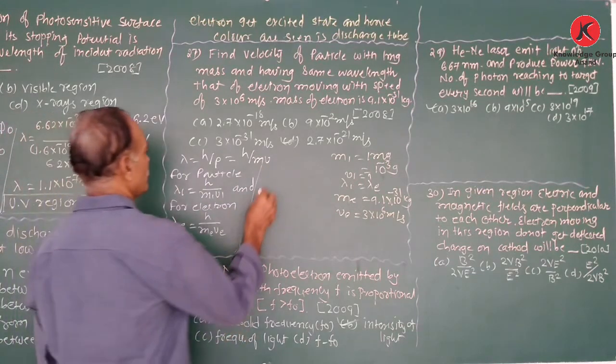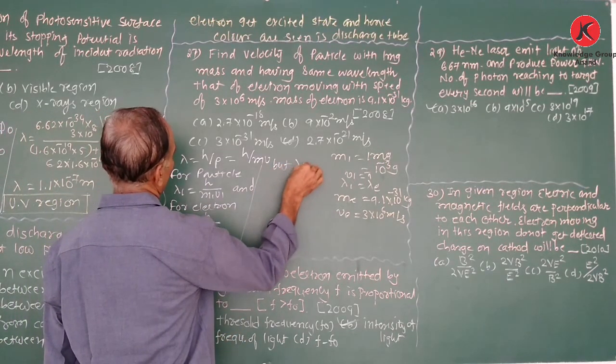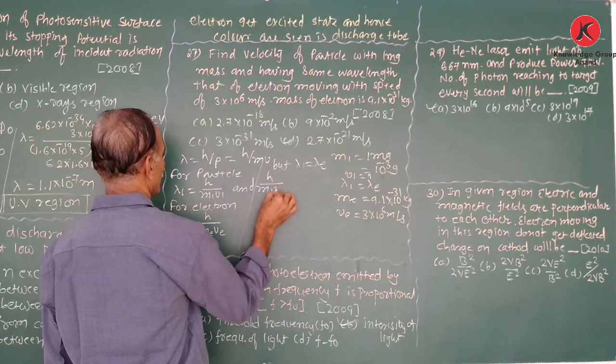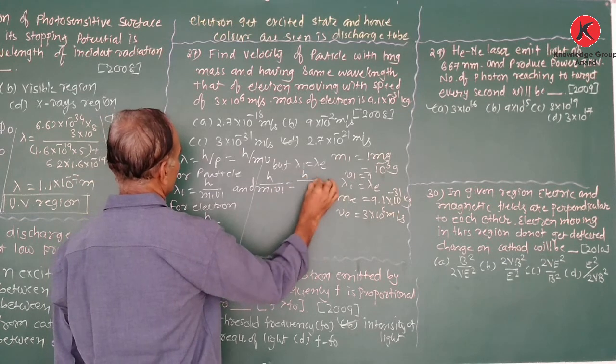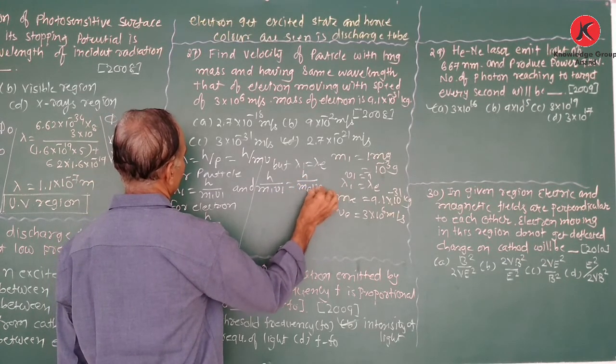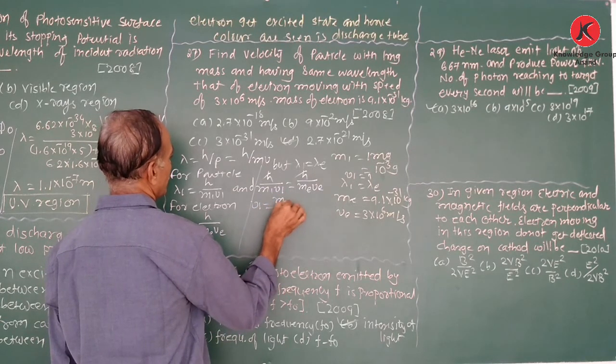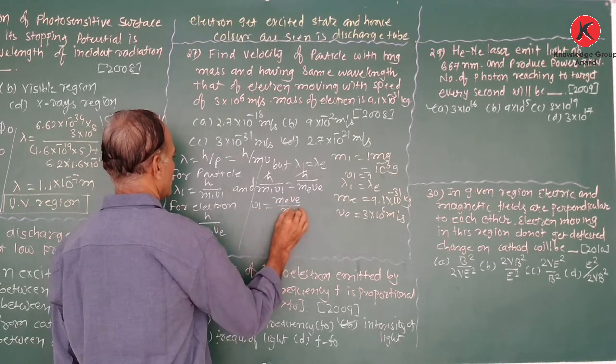But both wavelengths are the same. Lambda 1 is equal to lambda E. Therefore, h upon m1 v1 is equal to h upon Me v. h is cancelled. We require v1. Therefore,